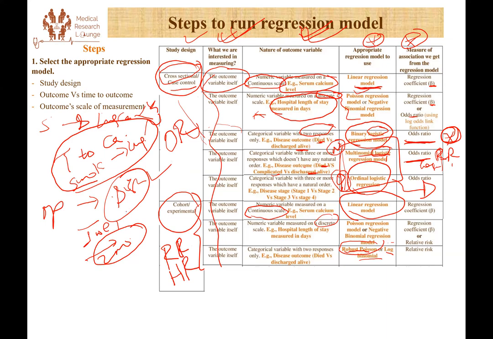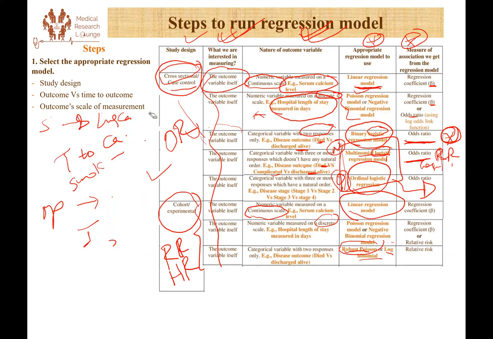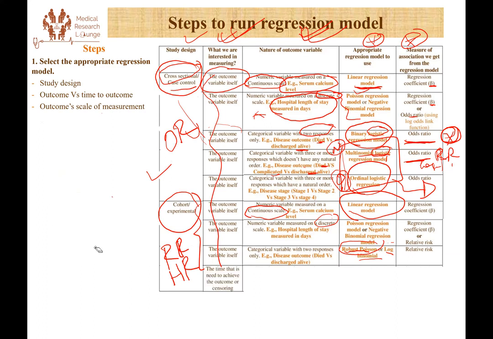So not only just assessing if the outcome happened or not, we should, as a clinician, be interested in measuring the time that it takes for the patient to reach the outcome, because that time is also a very critical component in terms of quality of life, patient satisfaction, and the burden to the healthcare system. So this type of outcome, the time that's needed to achieve the outcome, or censoring is a concept that means